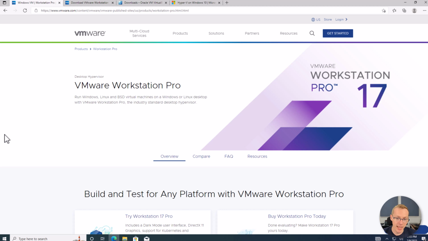So you need software for that. My preferred software is VMware Workstation Pro. This, however, is a paid product. It costs a couple $100. So it is not cheap, but it is a really great piece of software that I use all the time